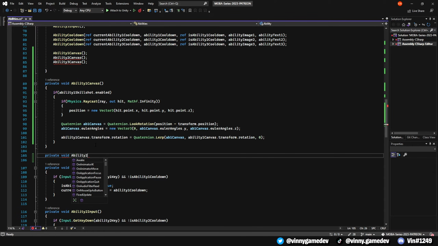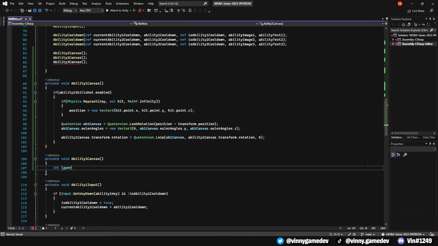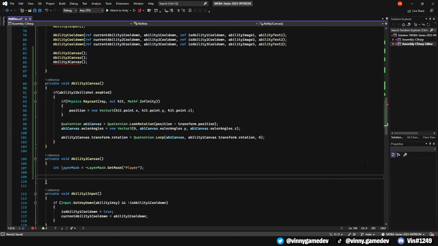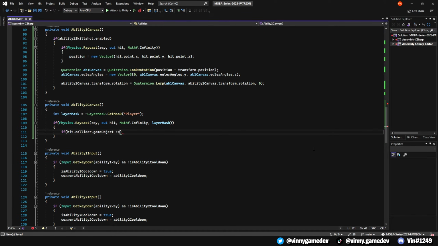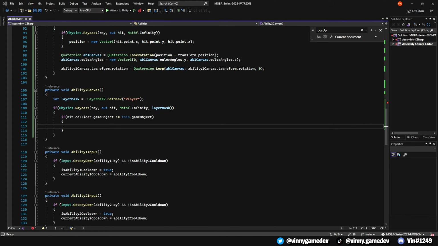Onto the second ability, have a private void named ability 2 canvas, and the first thing we're going to do is have an int called layer mask and have that equal to LayerMask.GetMask player. And right below it, we'll have an if statement that uses the Physics.Raycast ray, out hit, and Mathf.Infinity, as well as adding the layer mask onto that. We'll write an if statement where if the hit.collider.gameObject isn't our player game object, we'll set the position equal to